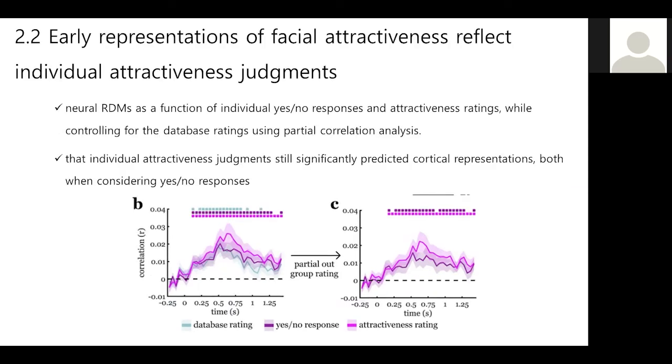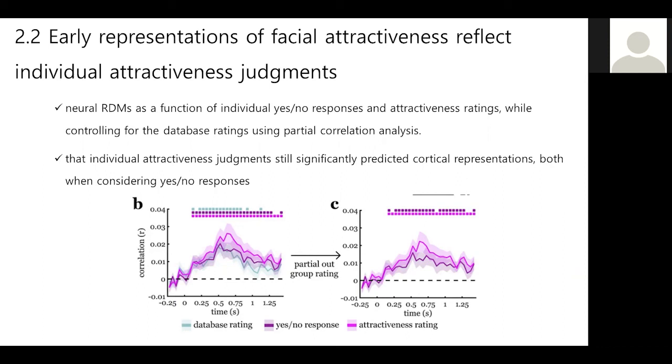Are neural representations of facial attractiveness explicable by average preferences emerging across a large group of observers, potentially driven by a fixed set of physical face properties, with inter-individual variability reflecting merely noise? Or do they partly reflect idiosyncratic preferences, that is, an individual person's unique aesthetic preferences for particular faces?